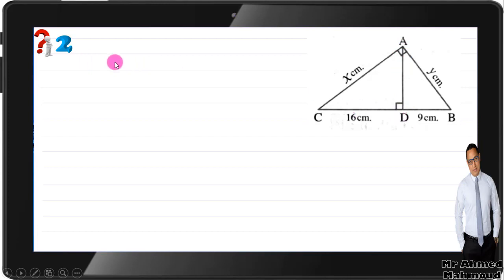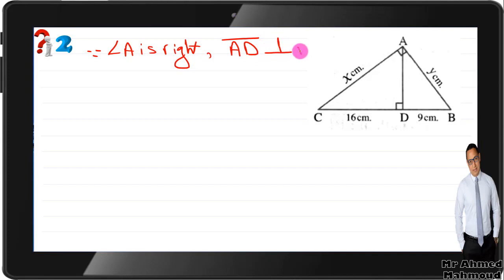So I can use the Pythagorean theorem, Euclidean theorem. So the proof is: since angle A is right and AD is perpendicular to BC,